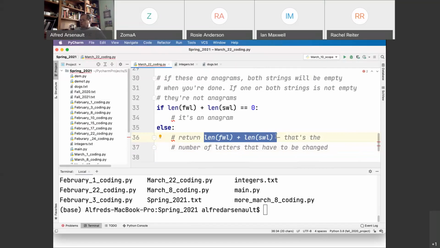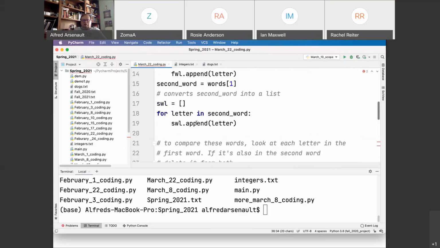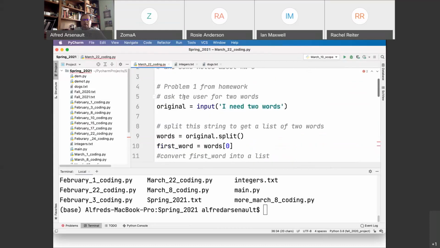Now, you certainly don't have to do it this way. If you think of other ways to do it, they would probably be fine. This is not the mandatory way. This is just a way that makes sense to me and to us when we were thinking about writing out this problem. Okay, the key notes to this are, we all know by now, you get your 2 words, you